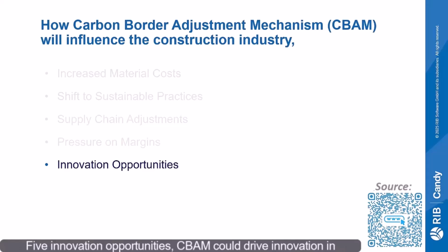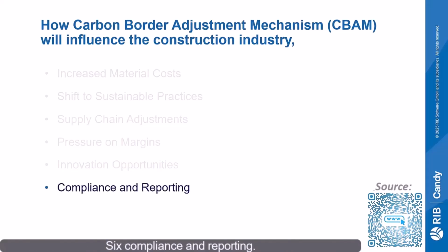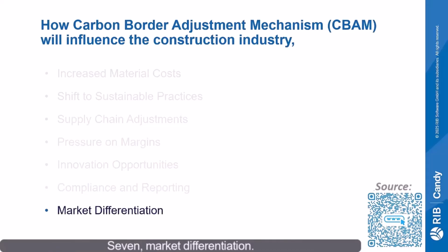5. Innovation opportunities. CBAM could drive innovation in materials science and construction methods, encouraging the development of sustainable alternatives and energy-efficient practices. 6. Compliance and reporting. Construction firms will need to enhance their carbon accounting and reporting systems to comply with CBAM requirements, ensuring accurate tracking of emissions embedded in materials. 7. Market differentiation. Companies that adopt sustainable practices and align with CBAM goals may gain a competitive edge, attracting eco-conscious